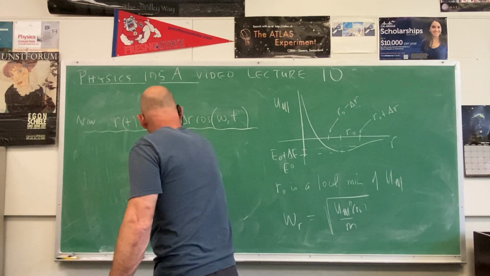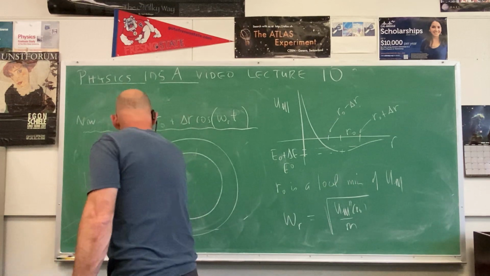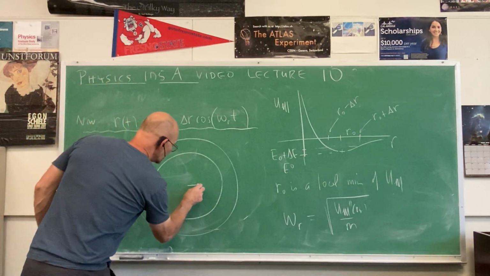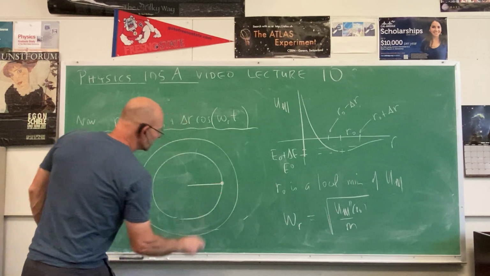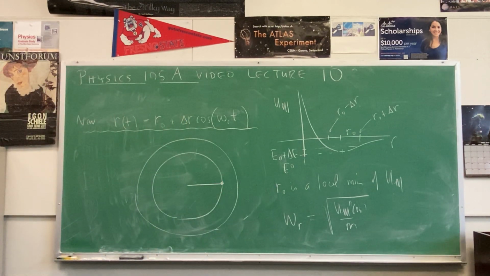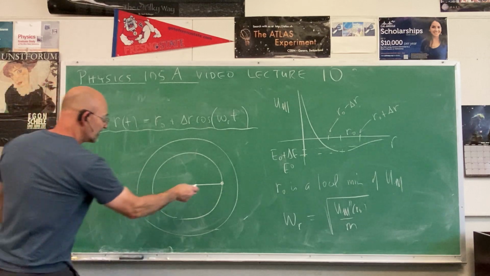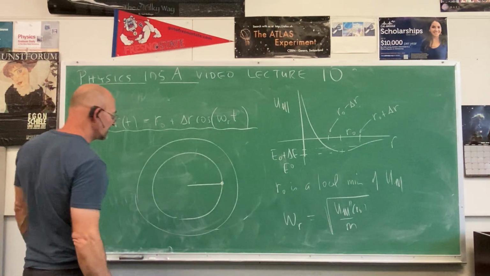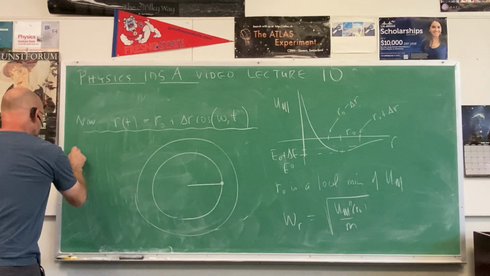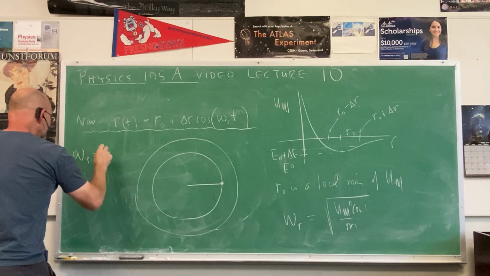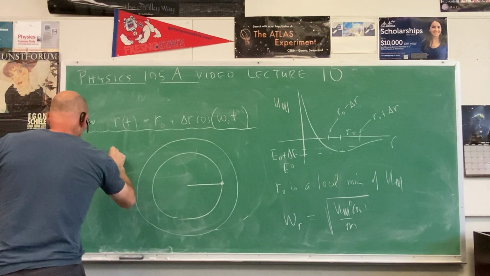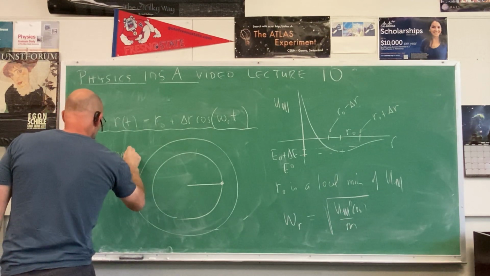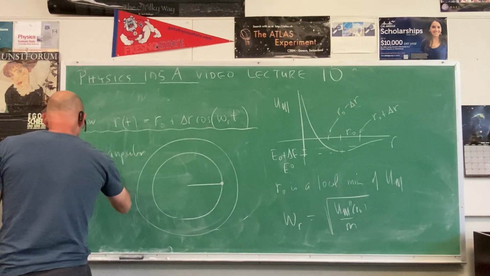We have these two concentric circles. Now they're actually very close together, but our picture has them really separated. So what we're looking at is this counterclockwise motion, which would be the omega phi. So omega phi is the angular velocity,